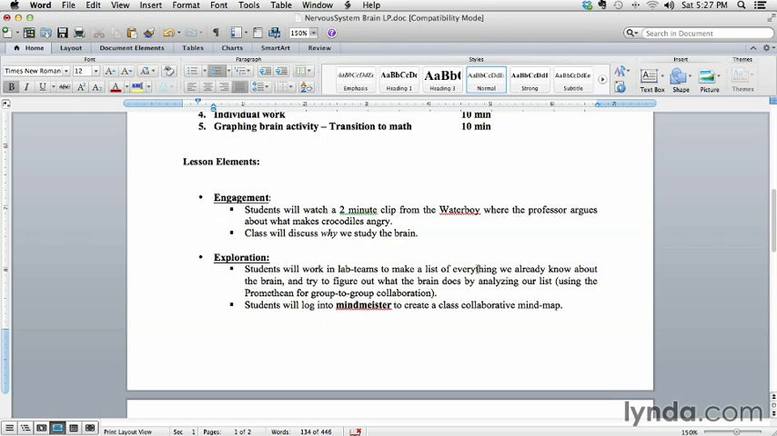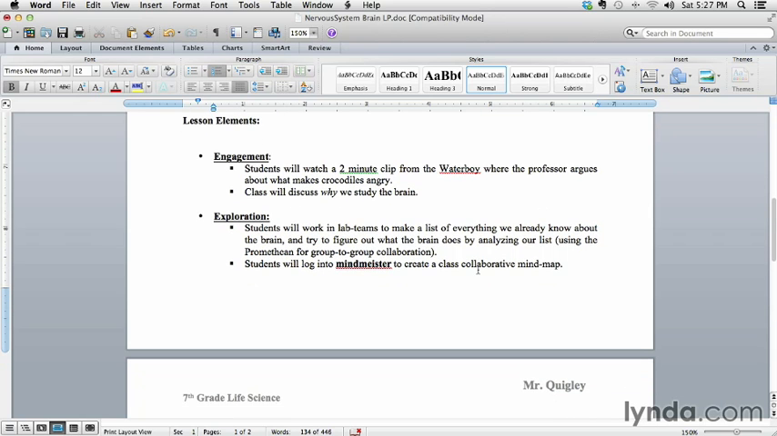Once we feel that the entire class has a pretty good idea of what the brain does, we're going to go ahead and use MindMeister to create a class collaborative mind map. Each team will have a computer, they will log into a pre-created MindMeister board, and then they will add their own ideas. This way we can capture the learning of the students in a single place, and then students can continue to access the MindMeister anytime they want to be reminded of what the brain does and how it controls